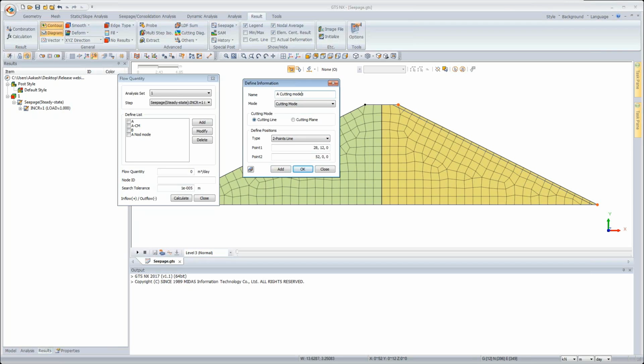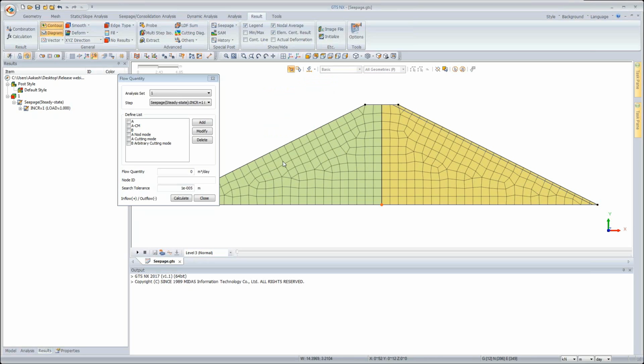Okay, so just say add. And finally, you can use the arbitrary type, where you can just give it a name B, arbitrary type, cutting mode. Here also you can define a line at any particular section and just say add. Now you can select this, and when you say calculate, you will get the amount of flow expected